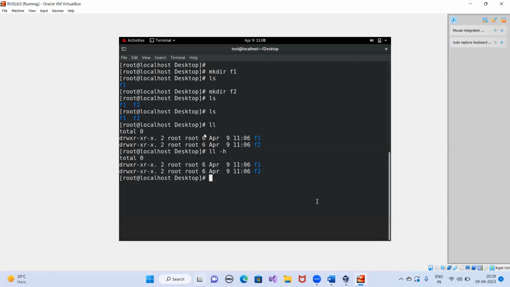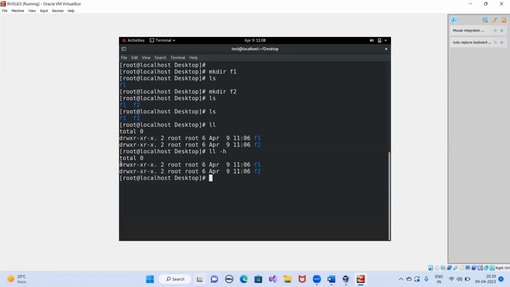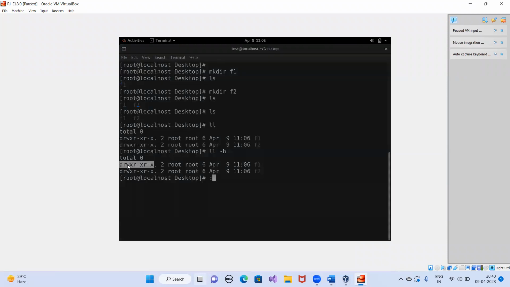You can verify from here: drwxr-xr-x, where the dashes mean hyphen. These are the permissions. Now, what are these permissions? Let's understand. Let's go to our file.